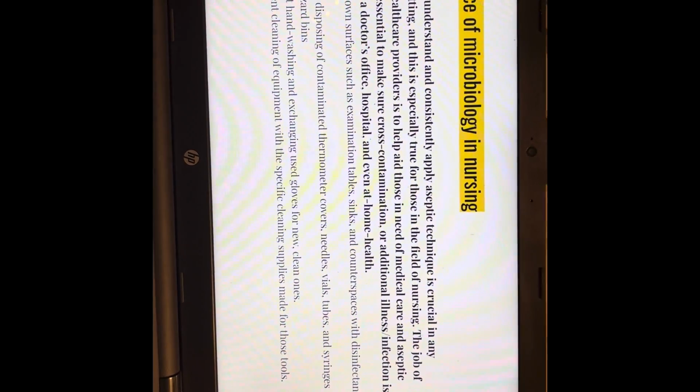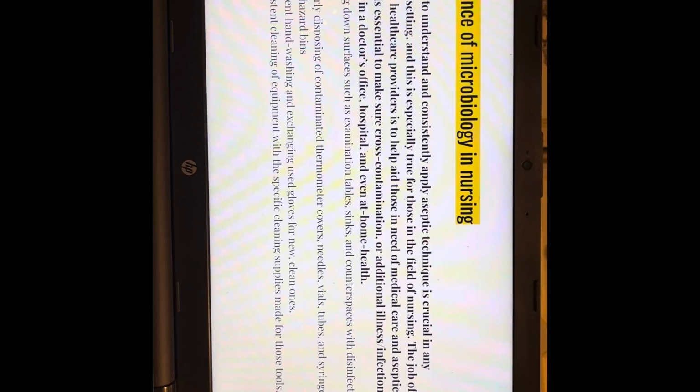And then hand washing, new gloves whenever you see different patients so you don't cross-contaminate, and cleaning of different equipment, such as different probes, like an ultrasound tech or a nurse that is